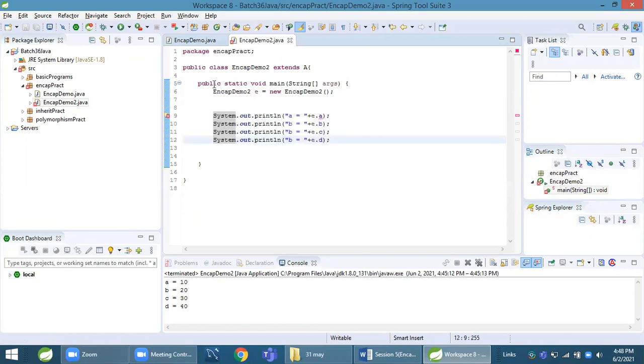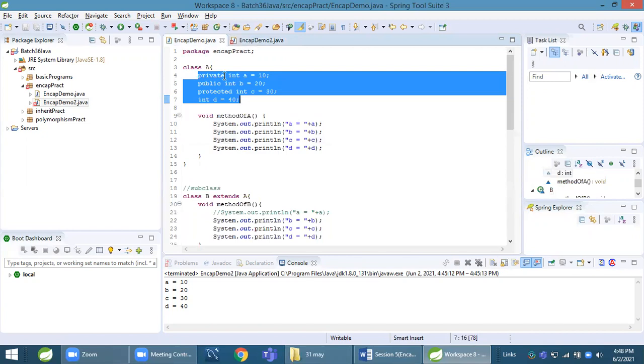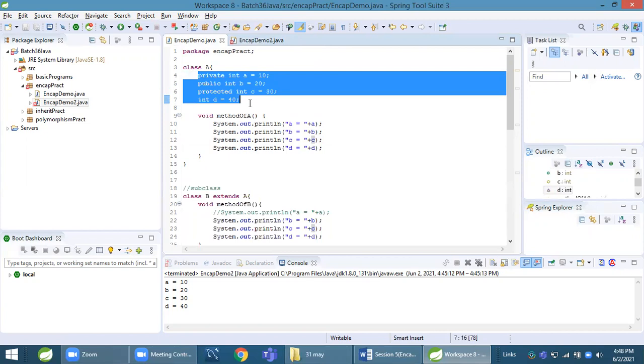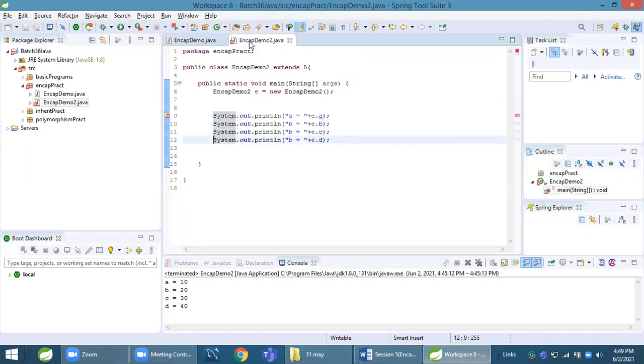Okay, here you can see NCAP demo is a class in which this is a file in which a class is there, which has some members. What we are doing is we are trying to access these members outside this file into NCAP demo 2 file.